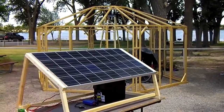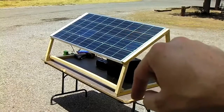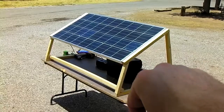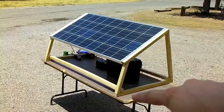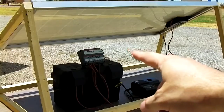Here's how to make a fairly cheap, do-it-yourself solar charging station. What you're going to need is a solar panel, the battery pack from my other video, and a solar charge controller. Then we're going to build this wooden stand, which only costs $7 to make. General prices on this stuff: